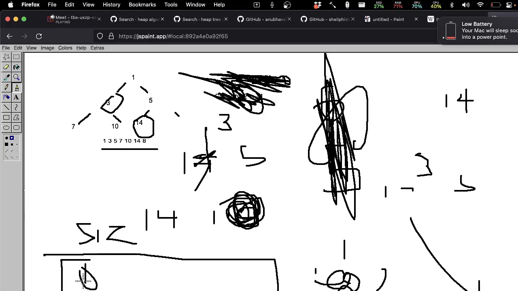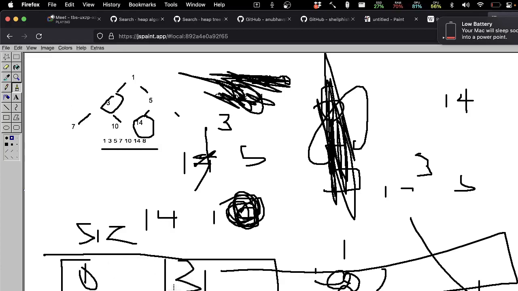No, that doesn't make sense. So the index of this array would be the ID of the item, and then the values would be the index in the heap array where they're located. So index 3, let's say, would map to